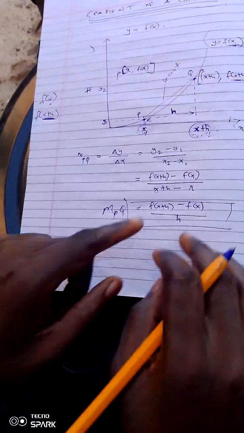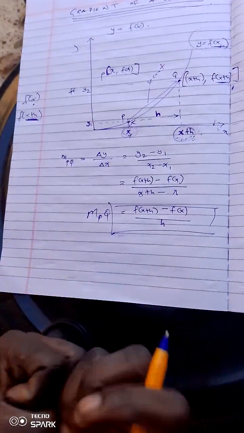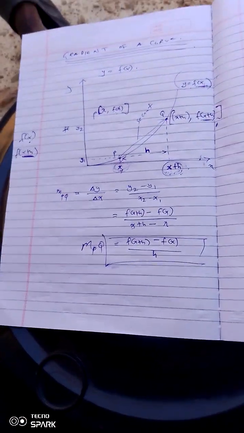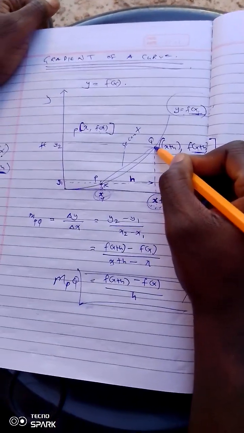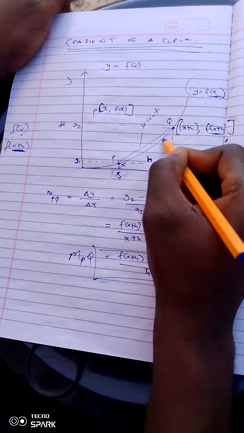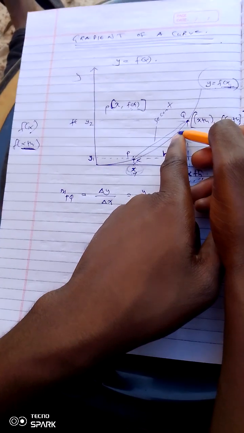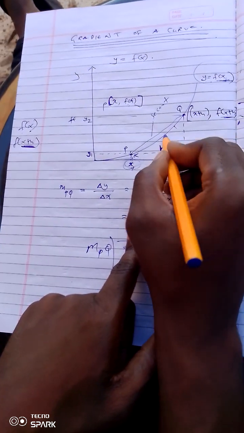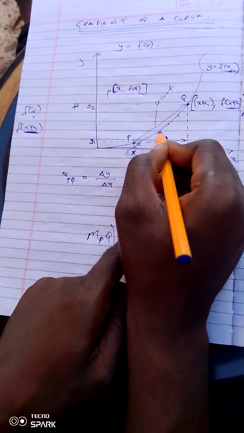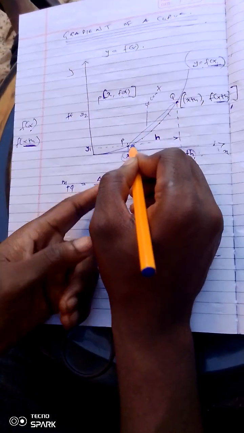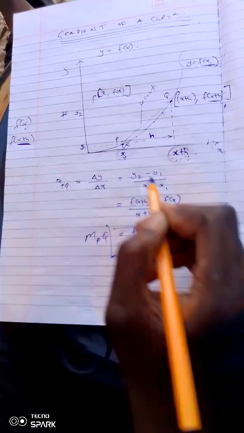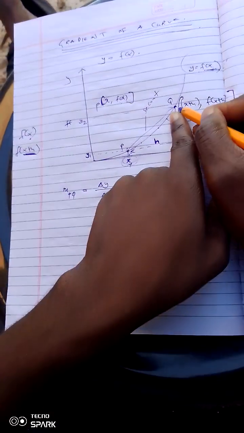So from there on now, we know that this is just an approximate value. Okay, so how can we get the exact value? One thing we know is at this point we cannot choose this point, we can choose a point closer to P. It can be this point, okay? Or we can move, we can come here, we can continue moving, eventually we'll arrive at point P. Now, I want you to realize one thing. As you are moving closer to P,